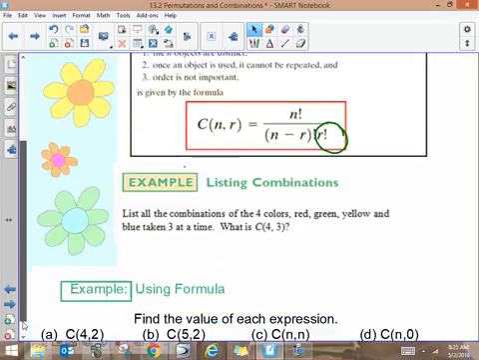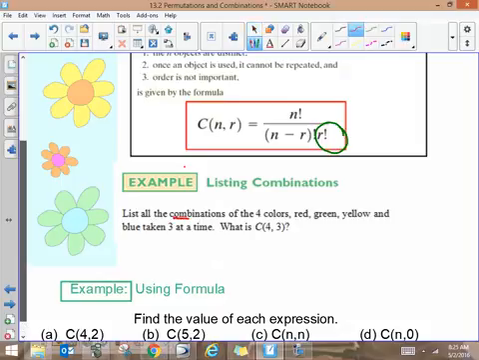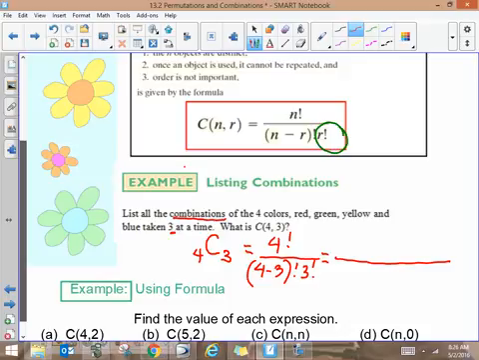Okay. All right, list all the combinations, now they're really obvious here, of the 4 colors, red, green, yellow, and blue, taken 3 at a time. So you've got 4 colors, combination taken 3 at a time. It's real obvious. So we'll use the formula. 4 factorial over 4 minus 3 factorial, and then 3 factorial. Okay? Remember, this is 1 factorial. 1 factorial is 1 in the first definition. 4, 3, 2, 1, over 3, 2, 1, and 3 factorial does cancel. We should have 4